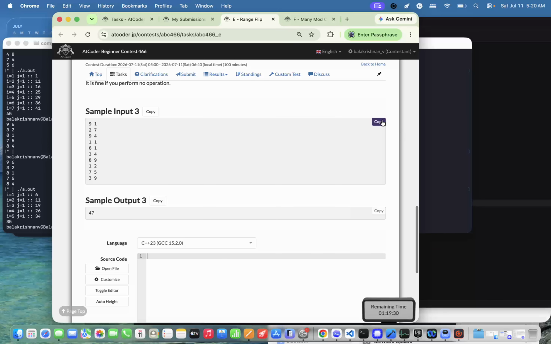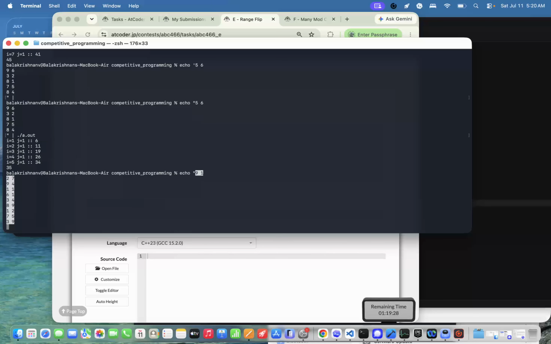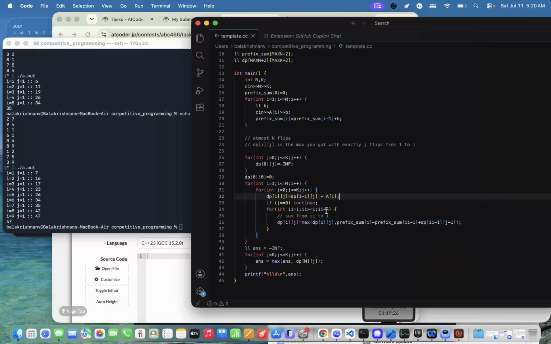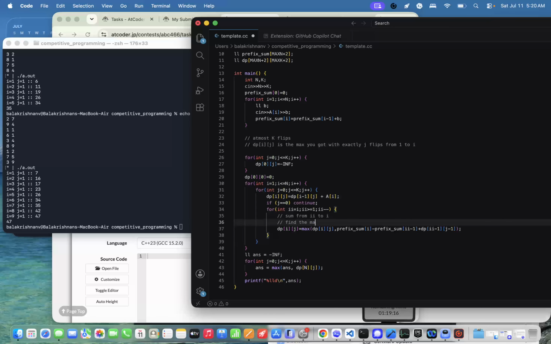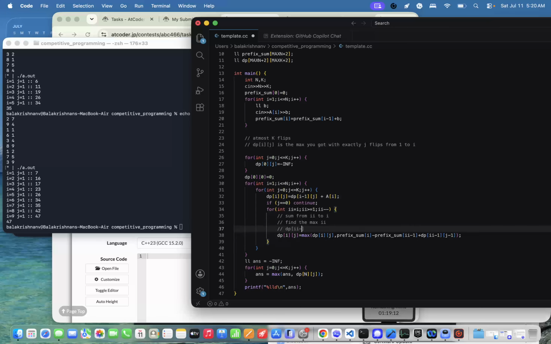35, and what is this? 47. Yeah, so now it's correct, but it's too inefficient. So all we have to do now is, we have to find the max I such that dp of I minus 1 j minus 1 minus prefix sum I minus 1 is maximized. Need to find that. So for a given j minus 1,